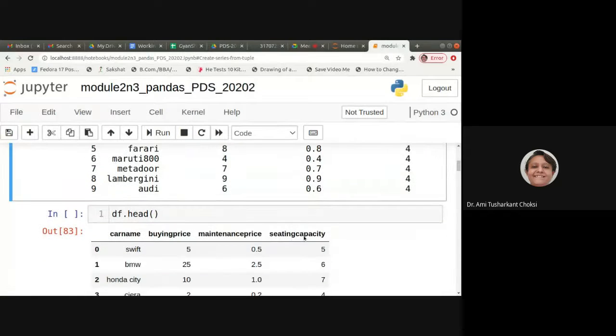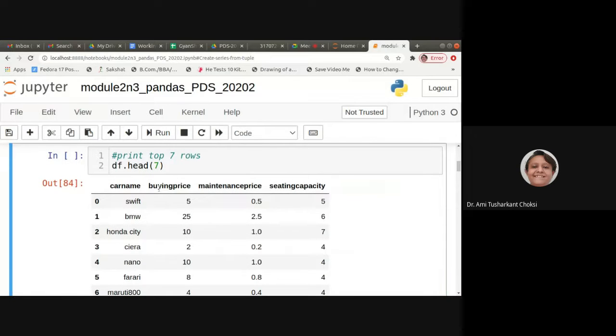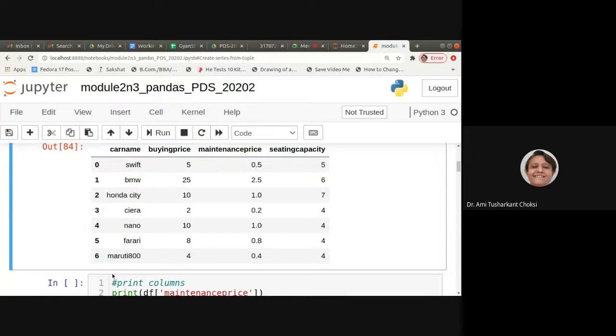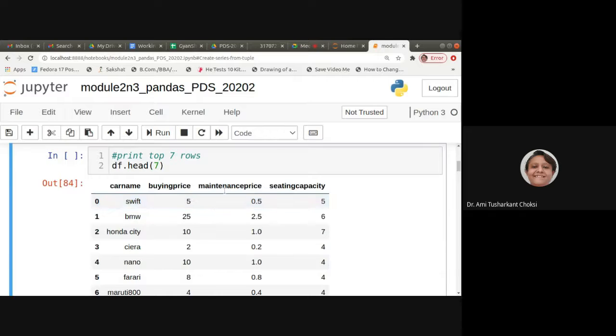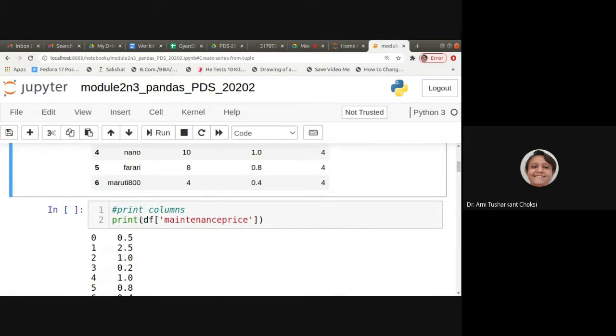Now, say df.head, what will we get? Car name, buying price, maintenance, sitting capacity, 0 to 6, top 7 rows, right? If I want to access a particular column, say maintenance, I can use df of, in single brackets, we can provide the column name.